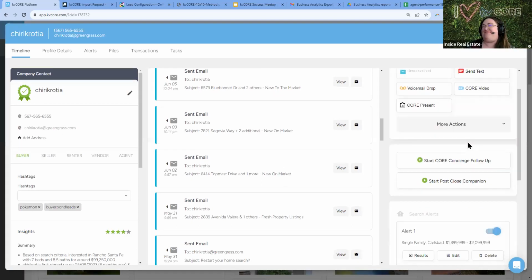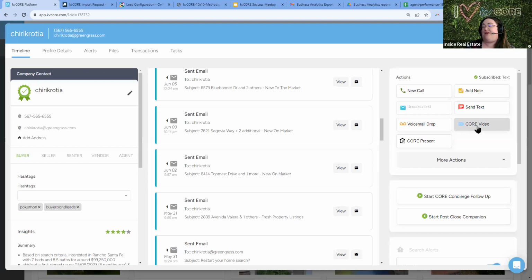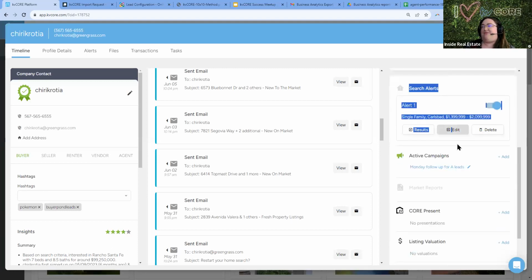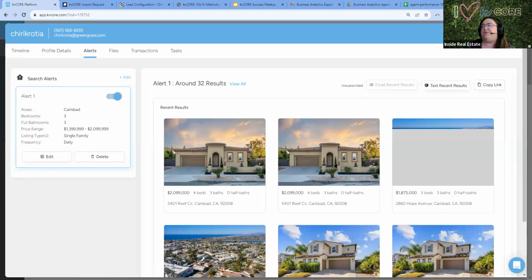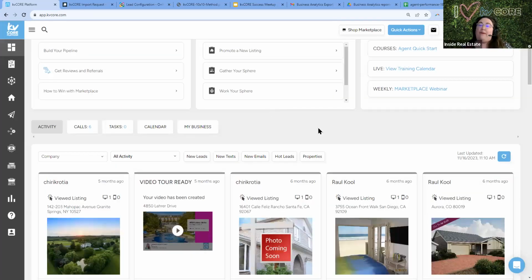We do have tons of scripts also in our support articles for core video and for voicemail drops. So you could easily take those scripts and switch them over a little bit to make a call. And I also like to look at any of their automation here and see if something is missing that I could have a conversation with them about adding. So, like, there's no market report. Let's talk about that. There's no search alert. Let's talk about that. So there's always something to talk about,